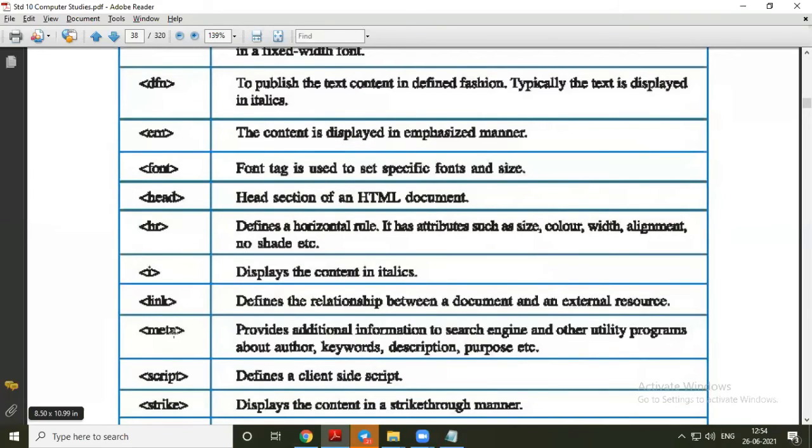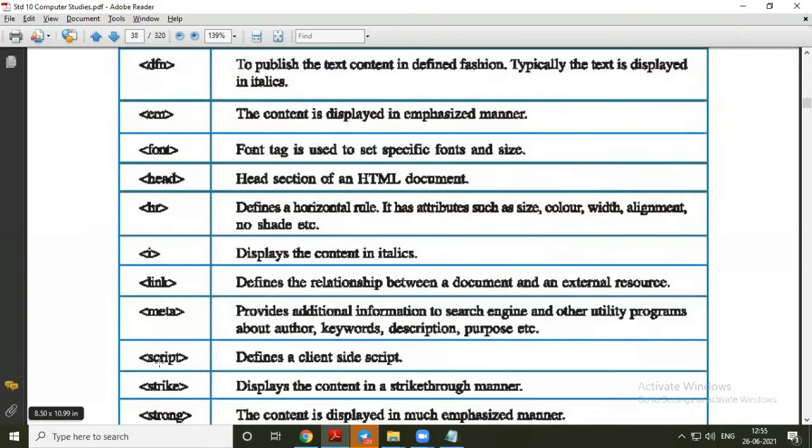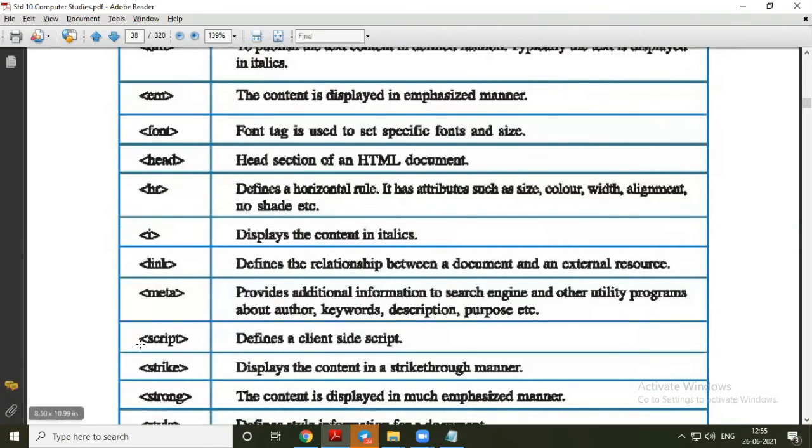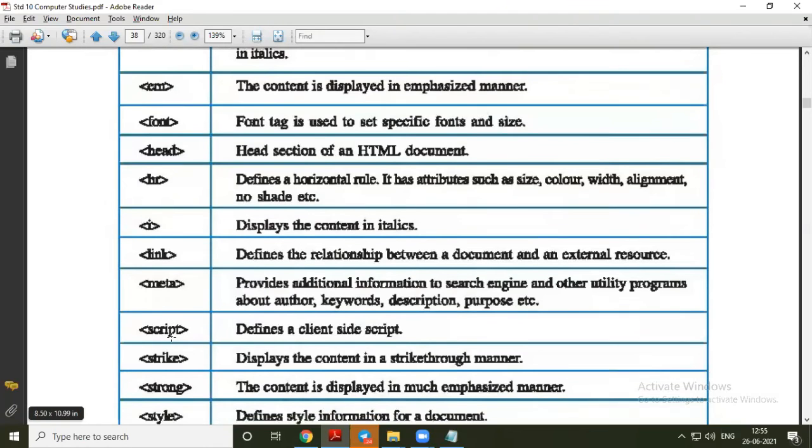In the meta tag, we have used different things like author, Mahatma Gandhi, keywords we have typed, then the description of that website, then meta tag refresh every 5 seconds. All these examples we have seen. The script tag introduces JavaScript in your document. Using JavaScript, we can make a website interactive, as well as check what the user is allowed to do, or what the user can type in a particular field, or where he can click. All these checks can be done using JavaScript.